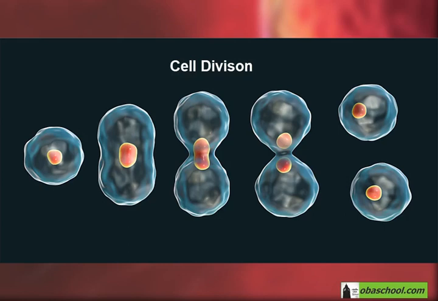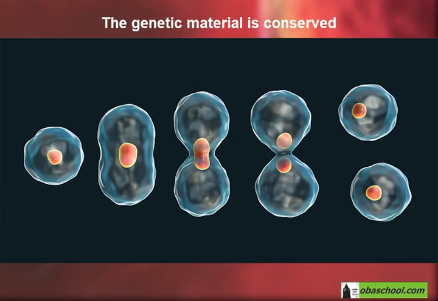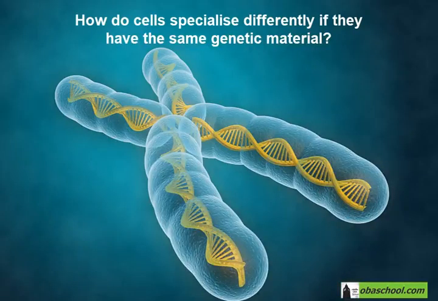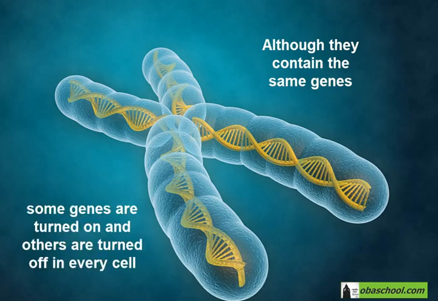Every time these cells divide, the genes are carried on the same way. The same genes are given to the next generation of cells. So all of the cells end up having the same genes. Then how do they become specialized and become different from each other if they carry the same genes? The answer is that yes, it is true that they all contain the same genes that are needed to develop into any cell. However, not all of these genes are switched on all of the time. Different genes are switched on and off depending on which type of specialized cell this is.